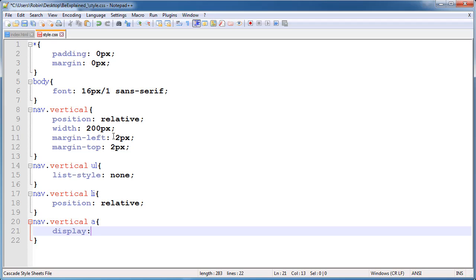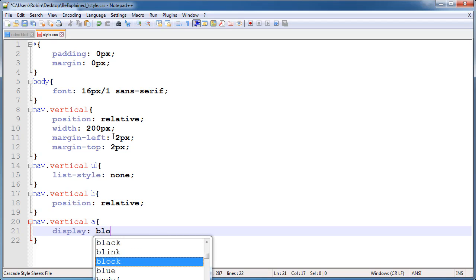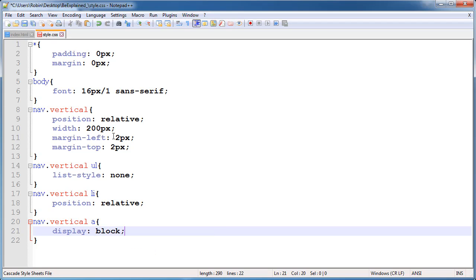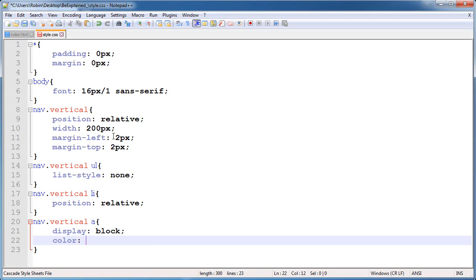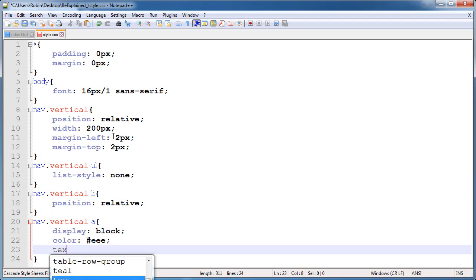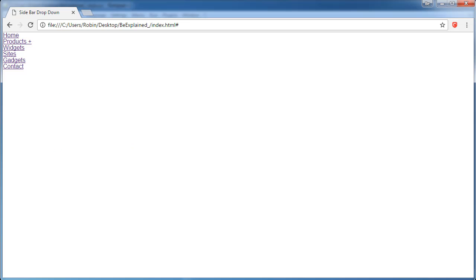Now select all the anchor tags inside our nav or vertical class. So give the display of block. Now after giving this property all our anchor tags show as blocks. So also change the color of our anchor tags to #EEE. This is light gray, and also give the text decoration none because we don't want the underline.